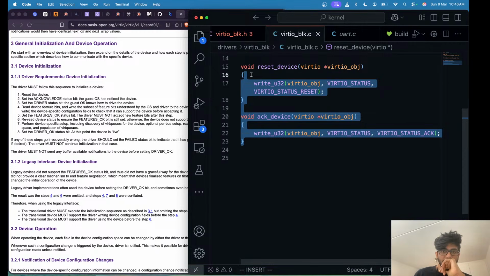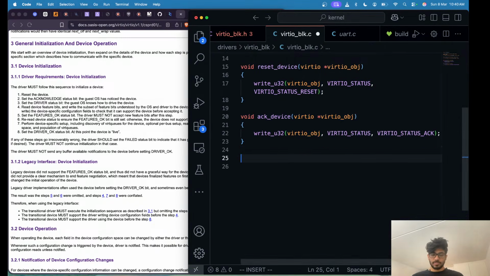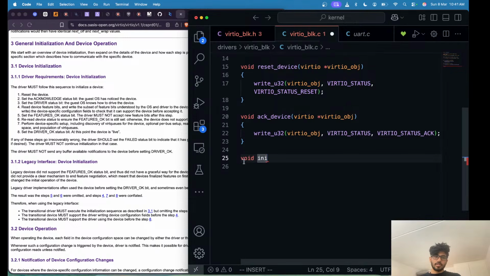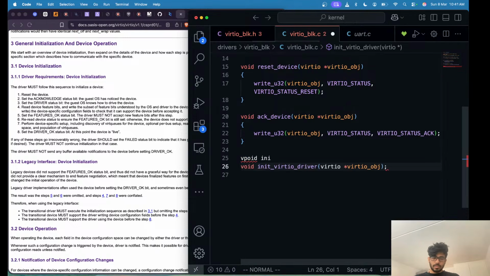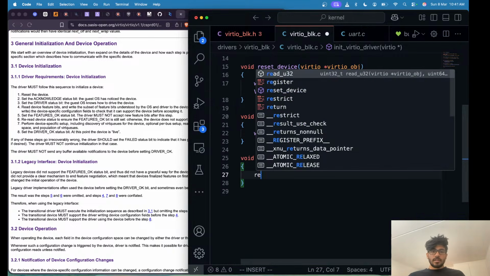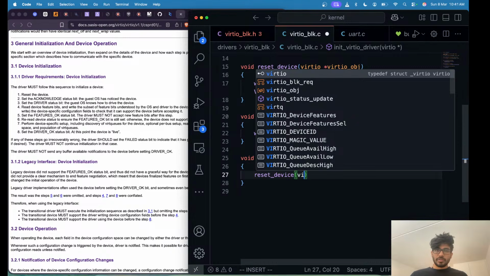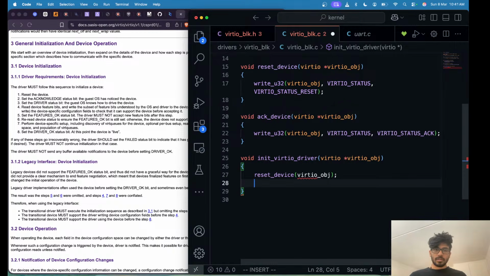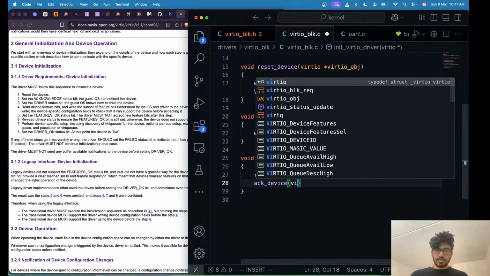Yeah, maybe we don't really. Maybe we can put the driver status bit directly in the init function. Void init virtio driver. First of all, we call reset device with the virtio object, and then we call ACK device with the virtio object,